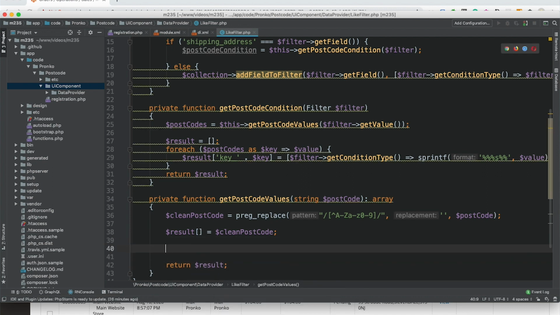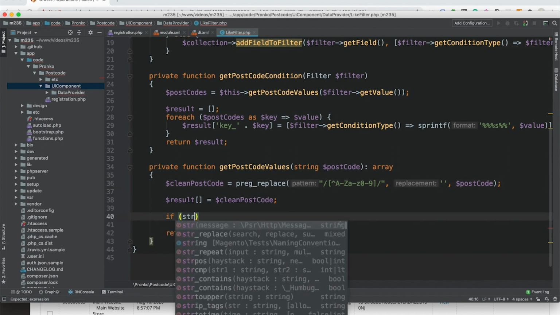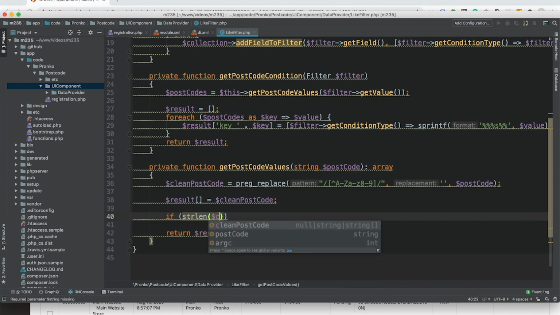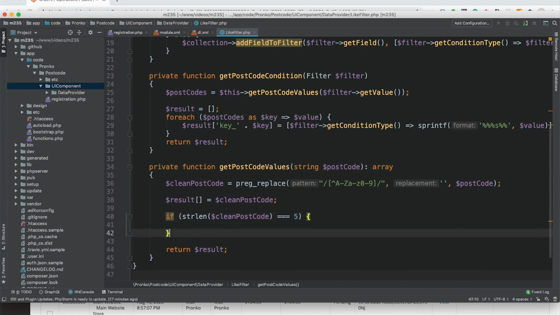Basically we can return this result here. However, this is a first value we should prepare, and the second value is each and every United Kingdom postcode has its own length, whether 5, 6 or 7 digits or characters. That's why we cleaned all spaces from here, so we can check with the help of strlen PHP function and see if it's a postcode with 5 characters.